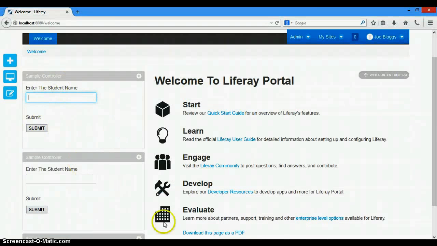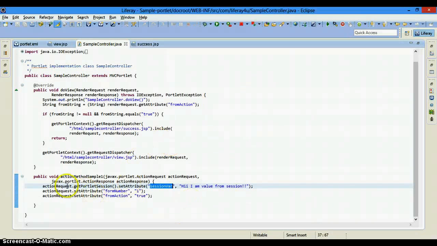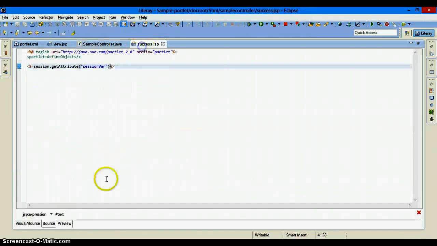Whichever portlet fires an action, this action method will be called, a session variable will be set here, then success.jsp will be called, and we are fetching this in our success.jsp.